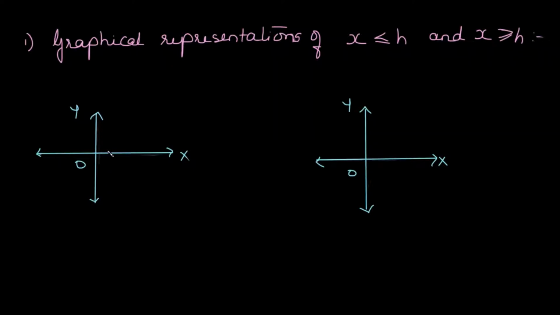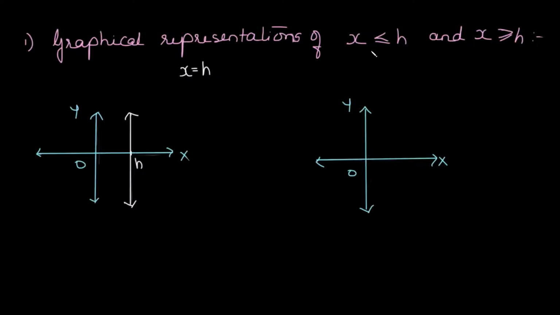Now consider the standard Cartesian coordinate system containing the xy plane. In this plane, first of all, you draw a line which has the equation x is equal to h. Suppose h is a point on the x-axis here, and you draw a line which is parallel to the y-axis, because the equation of this line is x is equal to h. So you draw a line parallel to the y-axis like this.